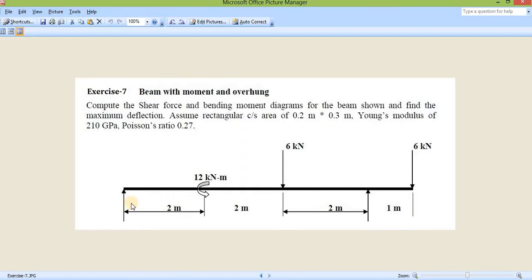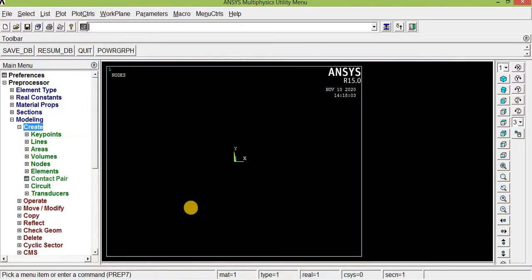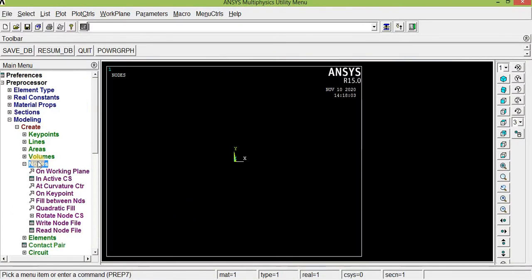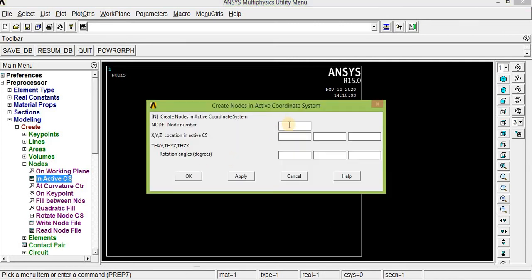So in this problem we need to create a beam of length 7 meter. So 1, 2, 3, 4, 5, 5 nodes to be created. Then only we can apply the load easily. So for that we need to create nodes. Click create node in active CS. Node number 1 will be at origin 0, 0 and 0.